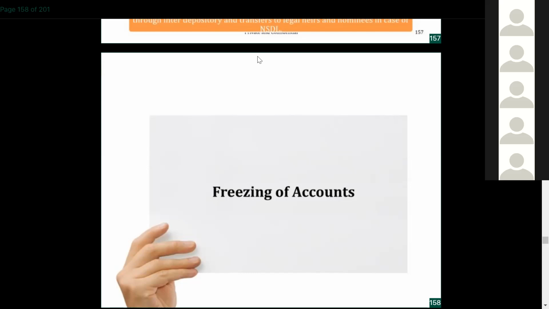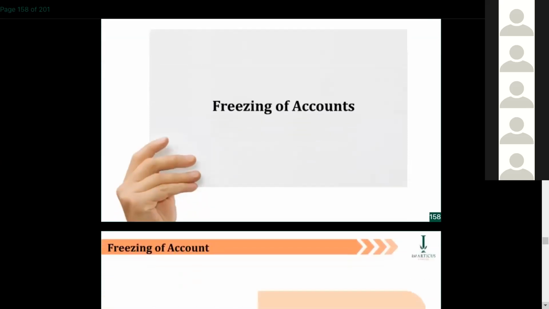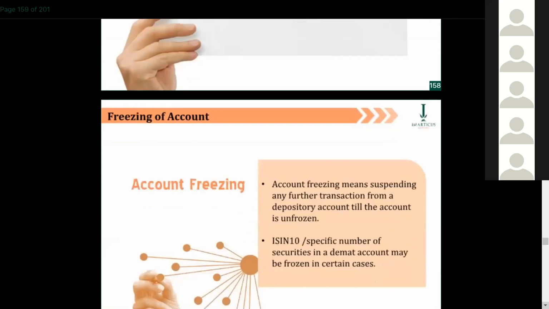Okay. So there can be a credit freeze. There can be a debit freeze. Credit is that the customer does not want anything to be credited. Debit is that the customer does not want anything to be debited. Also, sometimes some regulatory authorities can give this instruction. So that is possible for bank accounts. It is also possible for demat accounts. So freezing of account would basically mean to stop the movements of securities in the account.